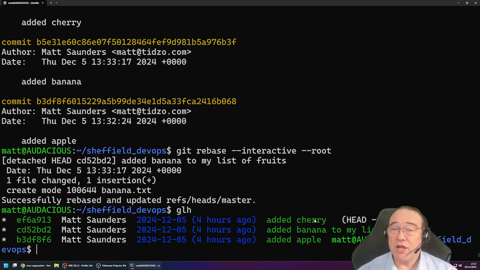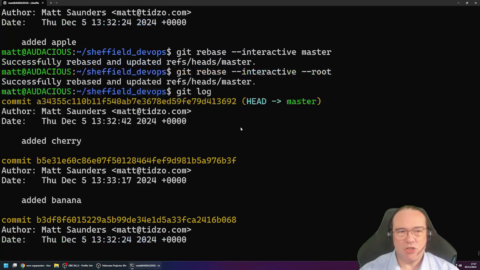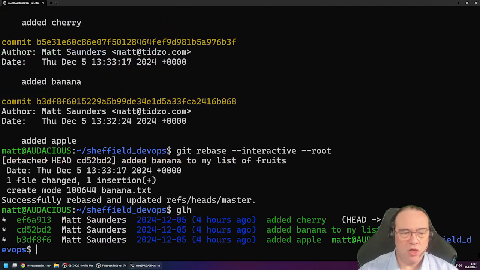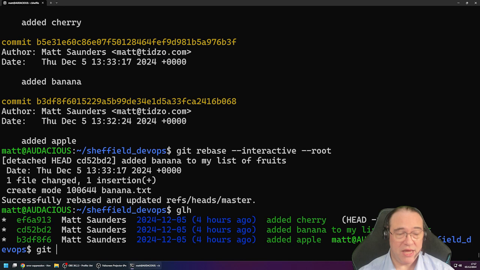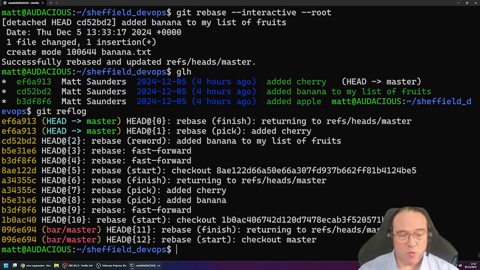I could do another reword, or I can use the reflog to get back my earlier version of the commit. Now I could scroll back here and look at what it was before. But if I do git reflog, it's going to show me all of the changes that Git has made during my operations here. It shows me that checked out master, started with master, and then it added banana and it added cherry. So that's before I did the reword of banana. So this commit here, ID here,